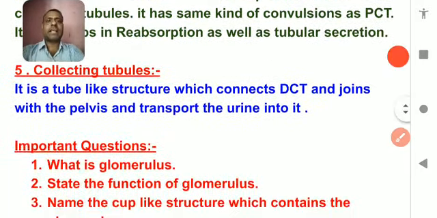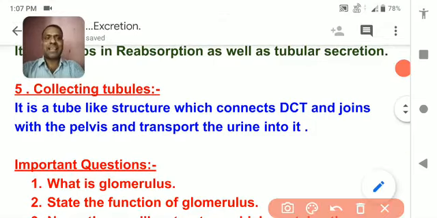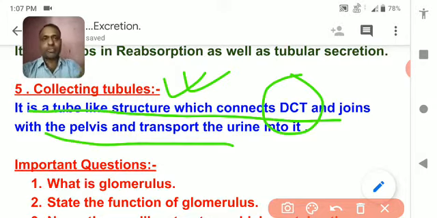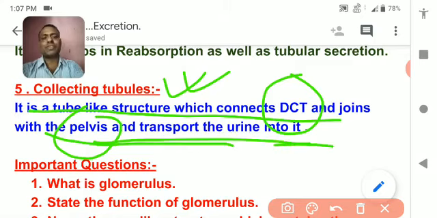Now the next topic is the collecting duct. As the name suggests, the collecting duct collects all the filtered part that is drained out by the DCT, and gives it to the pelvis of the kidney, and from the pelvis it goes to the ureter and goes out of the body. I think you understood the total structure of the nephron. Obviously, drawing of the nephron is very important for the examination, so be prepared. If you have any problem understanding this topic, you can ask me at any time, anywhere. I am always ready to help you.